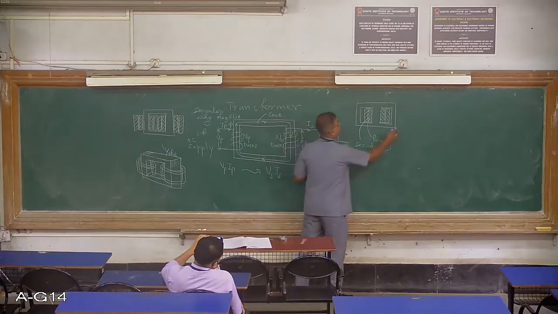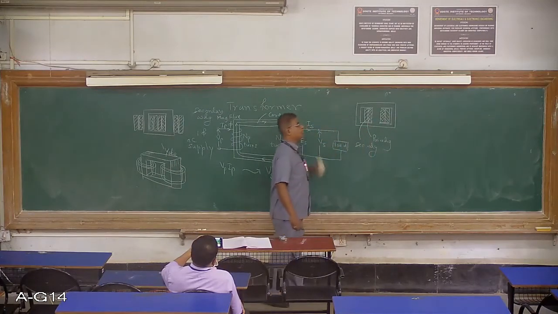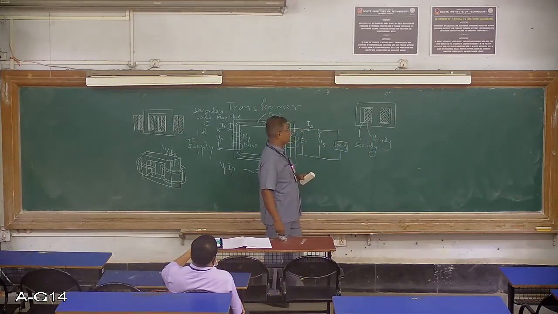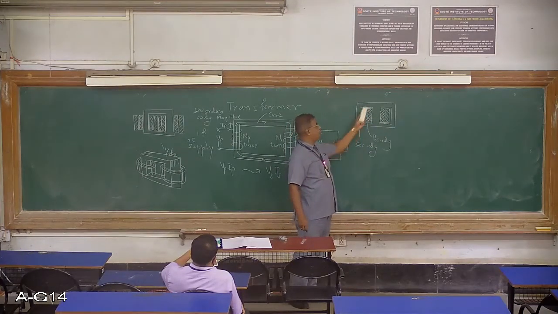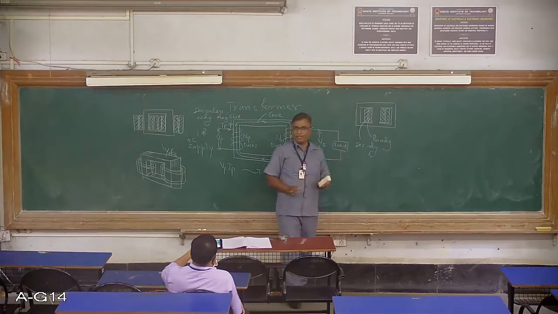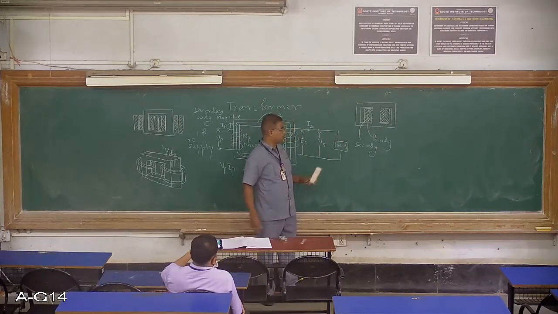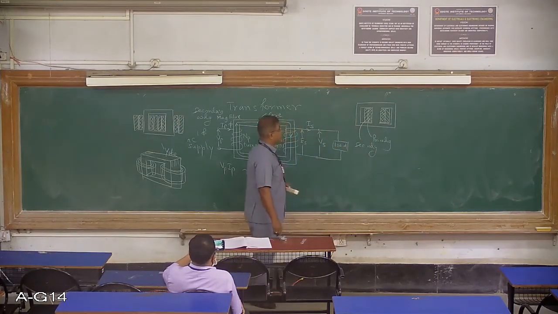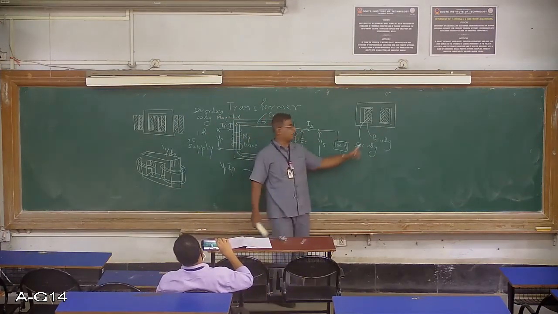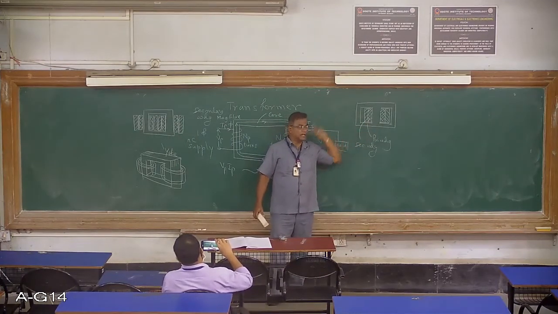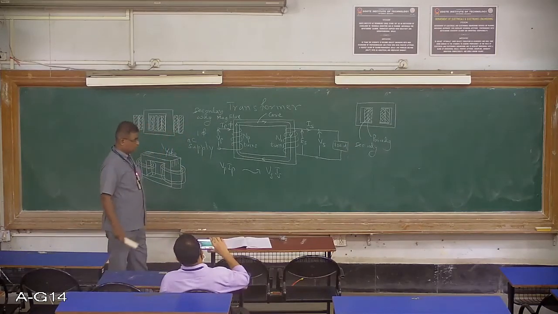So you can find this as a shell type transformer. Central limb is twice in width. That is the typical nature of shell type transformer. And you find here the windings are covered in majority by the iron portion forming a shell-like structure. Therefore, it is called shell type transformer. So this is about the construction of shell type transformer. Normally, shell type transformer is used for small rating transformer. Core type is used for higher power rating transformer.